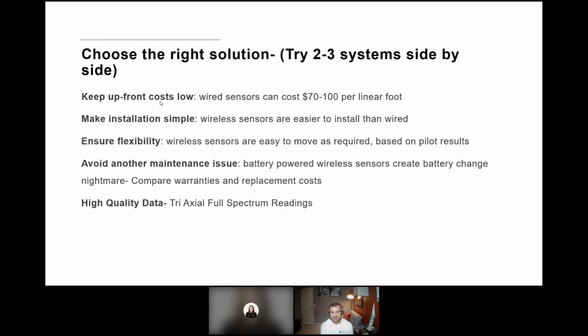Another really important thing: not all wireless sensors are created equal, so ensure that you're getting the best data possible. You want to look for typically triaxial and something that's going to give you the ability to see the full spectrum data rather than just trend data. That is what I feel is going to be highly important to successfully deploy this.